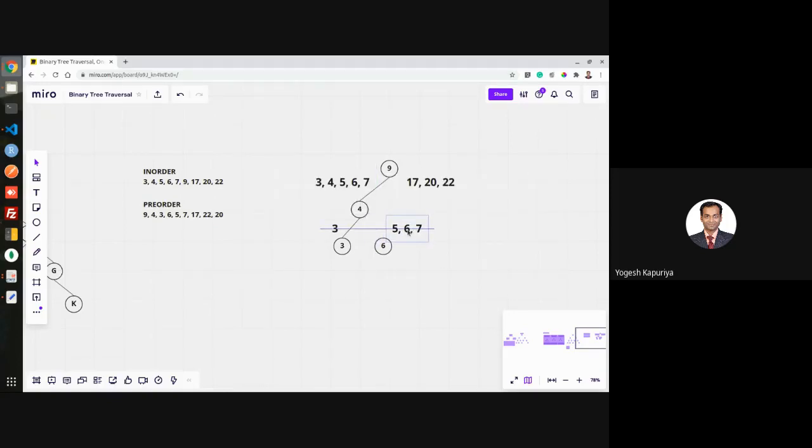Now the in-order traversal rule says that anything on the left of 6 is in the left of 6. So that is 5, and then you have 7. So that means now you have 5 and 7.